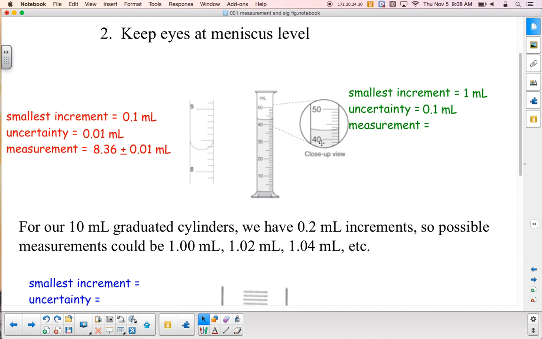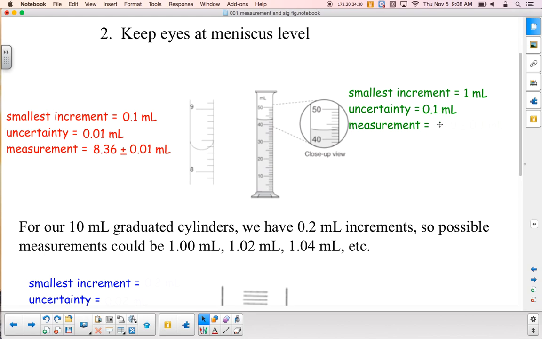And as I look at the bottom of my meniscus, I know that I am past 40, but not yet 50, so I know the 4 for certain. Here's 41, 42, 43. And it looks to me that my meniscus is exactly on the 43 mark. Knowing that my measurement and my uncertainty have to end at the same place, I'm going to have to write